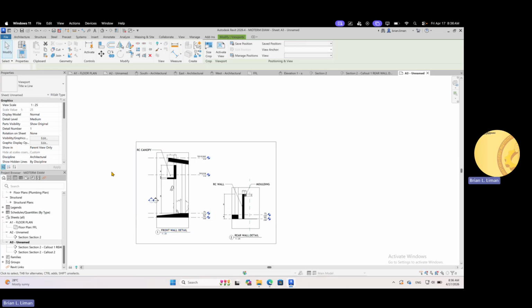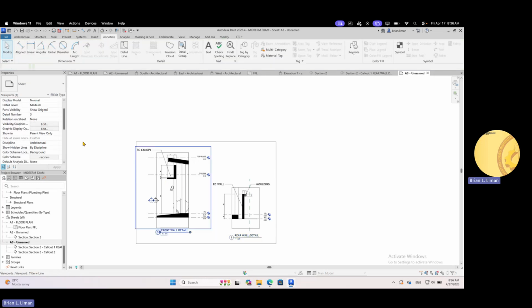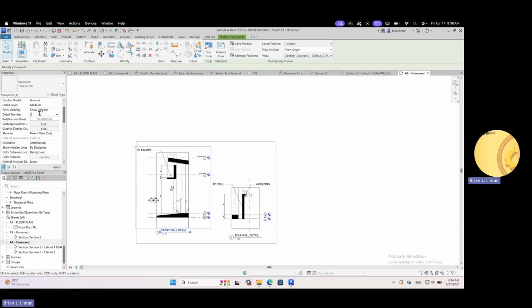You go to properties, check this. You go to properties, the detail number is 1. We'll set it as 3 for now. You cannot set that to 2 because there's an existing number 2. So 3 for now, enter. In this one, you can now click this detail, then that's 2 currently. Set that to 1. It's now changed. Then go back to 3. Change that to 2.